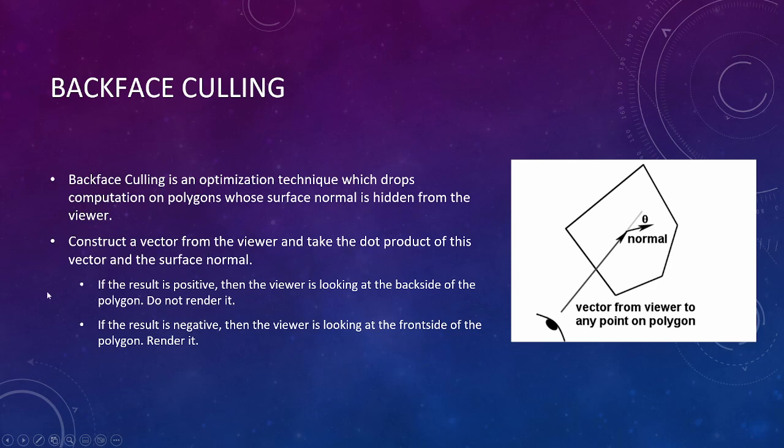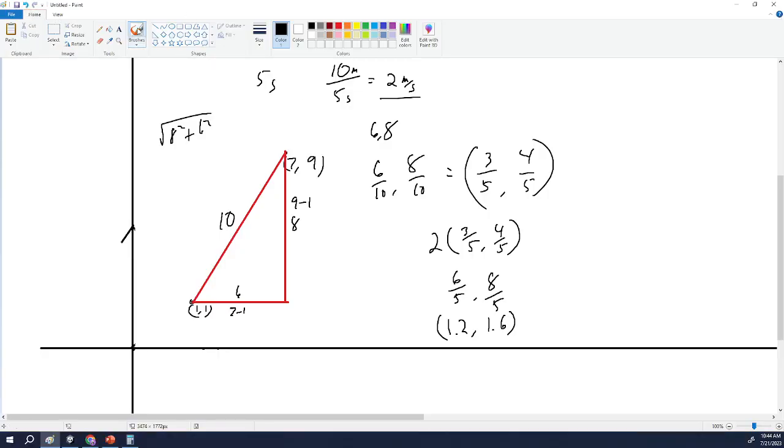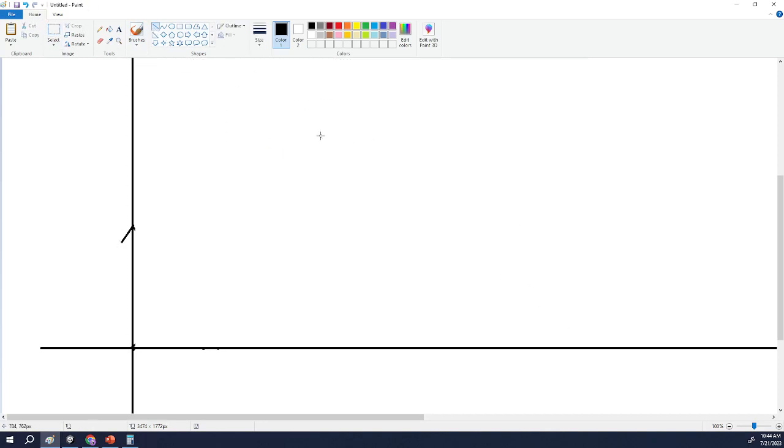So construct a vector from a viewer and take the dot product of this vector and the surface normal, meaning where this surface is facing. So if the result is positive, the viewer is looking at the backside of the polygon. So do not render. So if you look here, okay, maybe this will work. Let's say this is 3D. Let's say we have a plane here that is facing here,